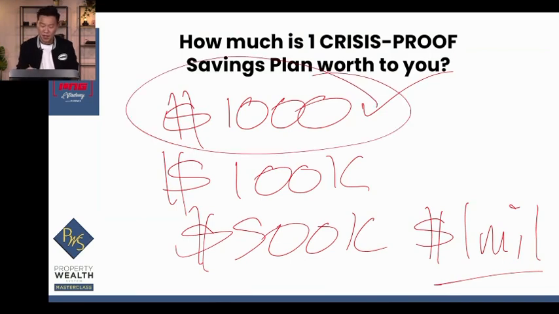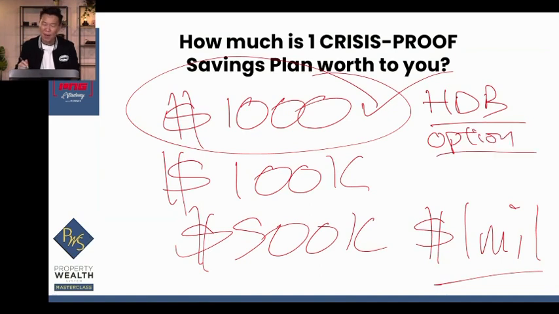Do you know that today, even when you buy an HDB, the deposit alone is already $1,000 for the option fee? People are paying that without even analyzing the property, not knowing their finance. Much more when you go into a private property, it's 1% of the purchase price, could be in the tens of thousands of dollars. People put down this deposit without knowing what the property will pan out to be.